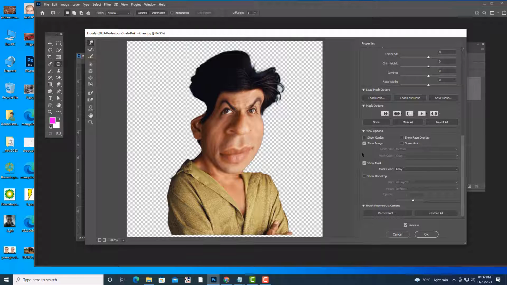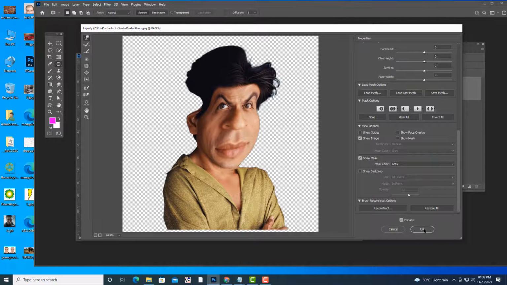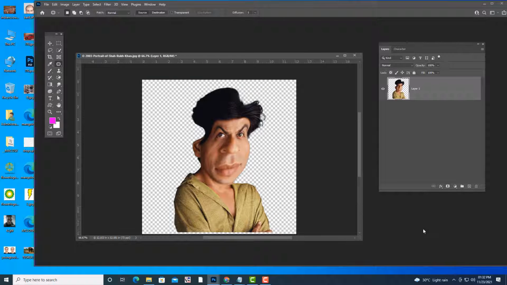It is still looking like Shah Rukh Khan. Now we'll just click OK. So he is looking like a very funny Shah Rukh Khan. Now I will make it more interesting by making it look like a cartoon.